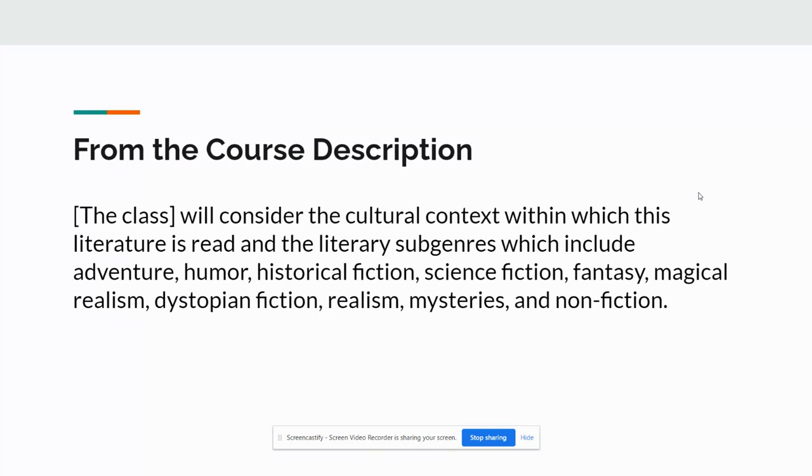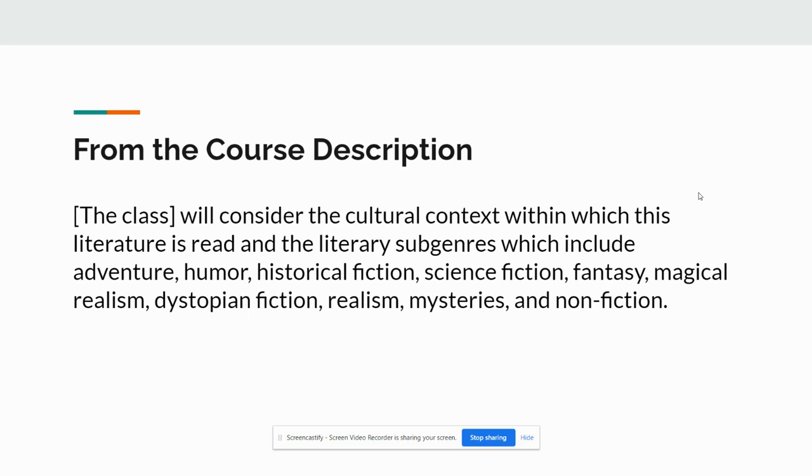If you look at the class course description, it says that the class will consider the cultural context within which this literature is read and literary subgenres including adventure, humor, historical fiction, science fiction, fantasy, magical realism, dystopian fiction, realism, mysteries, and nonfiction. I don't know if we're going to get to each and every one of those. In fact, we may get to some that aren't on this list,